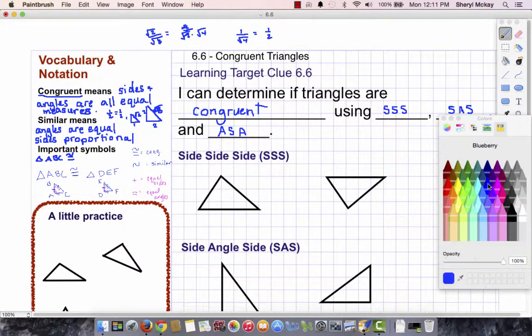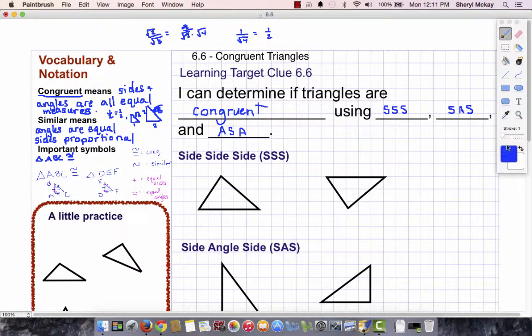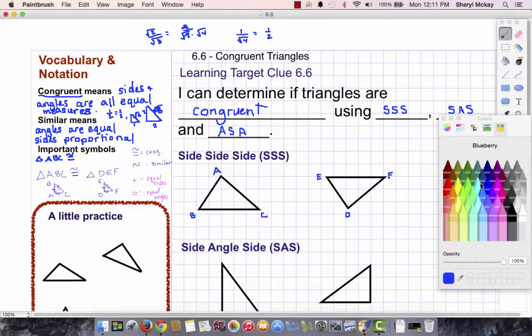Let me change this back. And let me change this back to 2. And I'm going to go ahead and label, and I want you to as well, to label this A, B, and C. And then we'll label this D, E, and F. All right? Now,